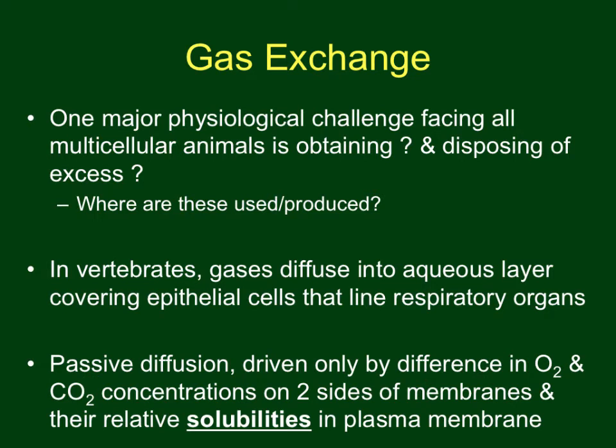In all cases, the gas exchange that's done inside the body, whether it's humans or otherwise, is passive diffusion. So we are talking about moving from high concentration to low concentration. We're not doing any active transport. We're not doing any facilitated diffusion. We're doing passive diffusion right across the plasma membranes of cells, like red blood cells, for example. Specifically in terms of concentration, we're dealing with solubilities, and with partial pressures of gases in the solutions,